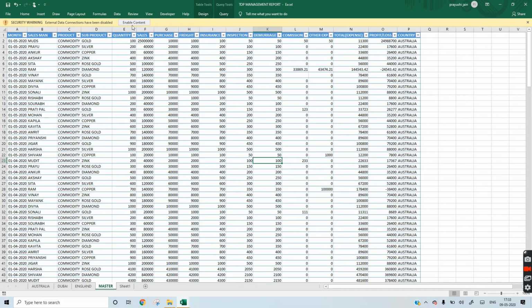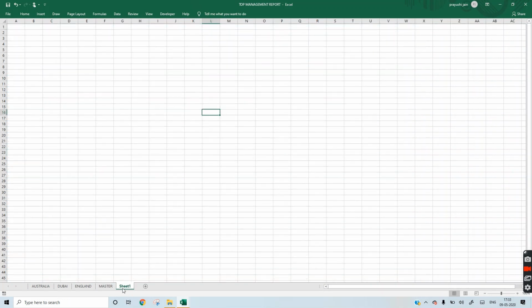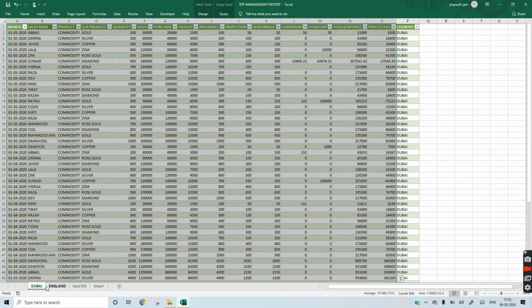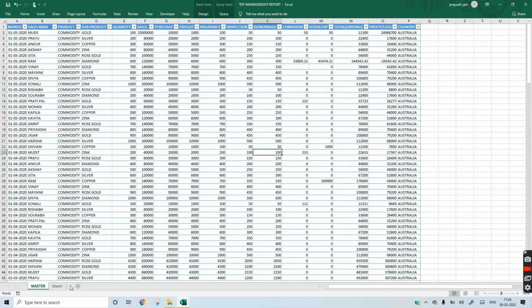We will enable this content. We don't need the Australia, Dubai and England files, so we will hide them. The shortcut is Alt O H H. We will need only this master file.